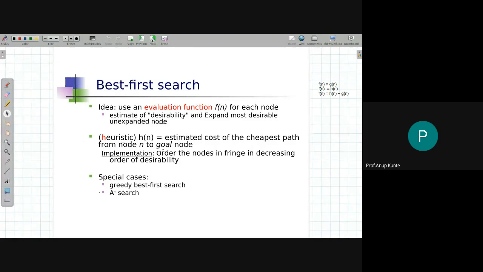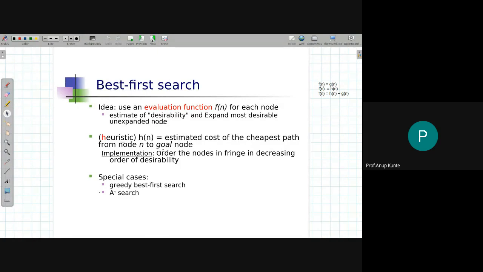Now, this is a bit of a wordy slide in this collection of slides, so I need you to understand this. We have in best first search a function called the evaluation function f(n) applied to every node that sits in the fringe list. That's the first important insight that we already know, that we talked about just 5 minutes back.